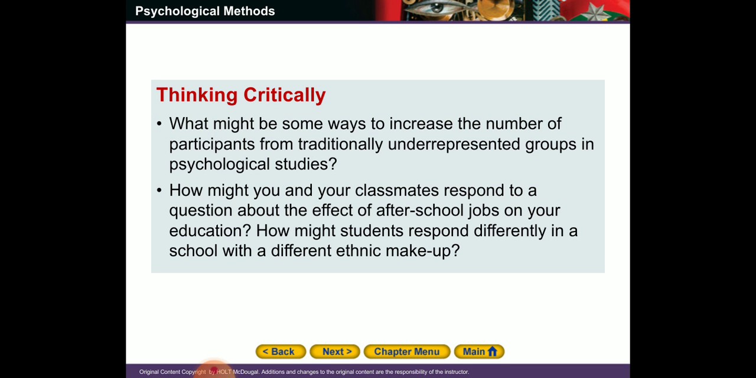So, what might be some ways to increase the number of participants from traditionally underrepresented groups in psychological studies? How might you and your classmates respond to a question about the effect of after school jobs on your education? How might students respond differently in a school with a different ethnic makeup? So, guys, think about this, and we will discuss